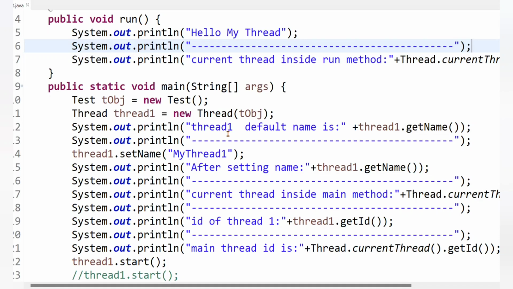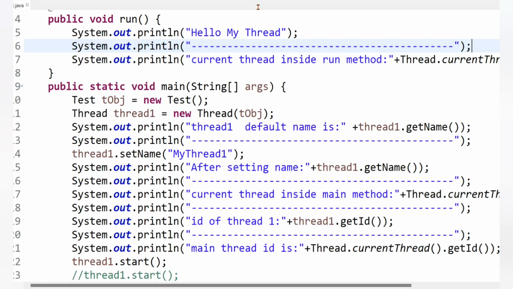In this program only two threads are running, main thread and thread 1. But imagine you are working on a big real-time multi-threaded application with thousands of threads running. In that case, the current thread method can help you identify which thread is executing a particular piece of code, to keep track of multiple threads.